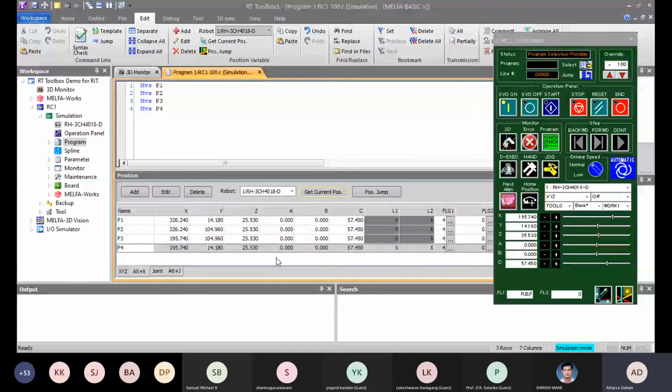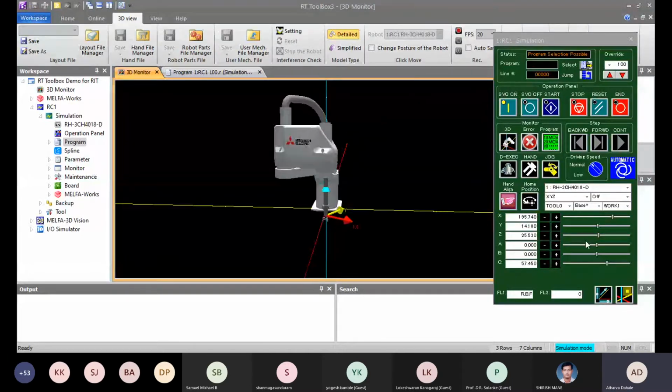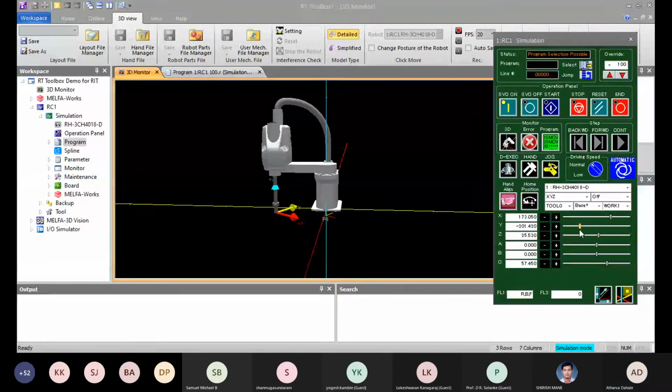So now we'll start the execution of the program. Firstly, I'll take the robot to some different position. Now, as I have told you, firstly, you have to turn the servo on so that all the motors in the robot turn on.